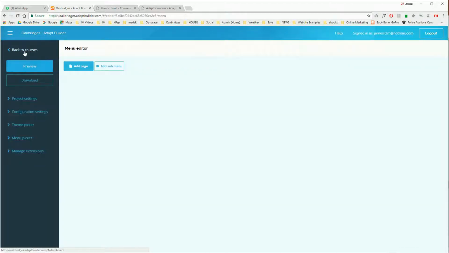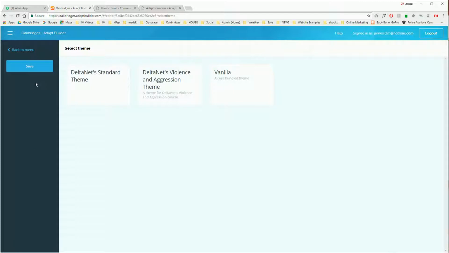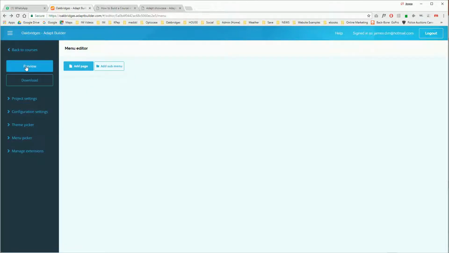Going back to the menu, I'm going to show you the vanilla theme here. So using the theme picker, I'm going to choose the vanilla theme, which should come with every Adapt installation. And when I set up my project, it automatically set up the menu editor, and it's ready to get going. So let's create the first page. So we click on Add Page,